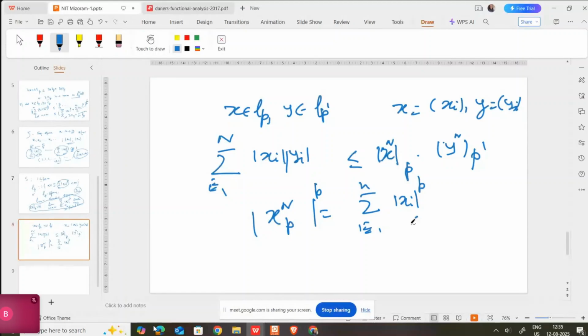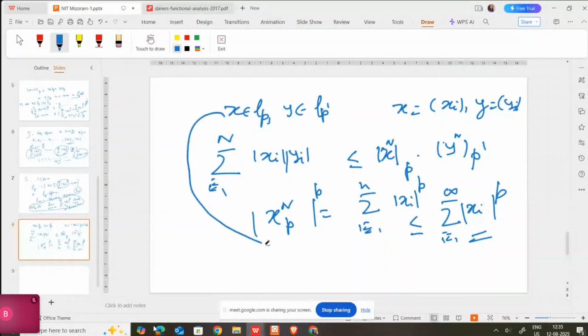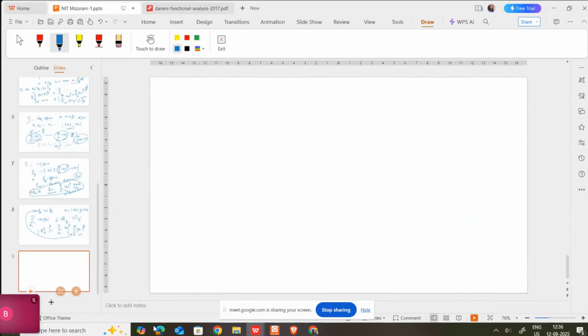Now this you can write as less than or equal to, I can add some more terms here, so I get the summation of mod xi raised to p. This can be written because this x is in LP. This gives you this. Clear? So this summation, mod xi yi,